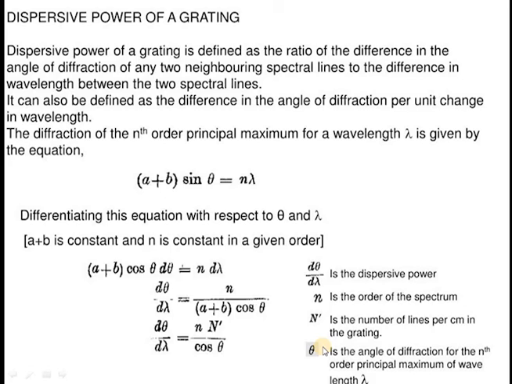Okay, so we have discussed the resolving power and dispersive power of a grating. We have discussed the grating equation and how you determine the wavelength of light using a grating. So hope you have understood diffraction, Fraunhofer diffraction at a single slit, the plane transmission grating, the grating equation, resolving power and dispersive power of a grating. This is the conclusion of your chapter on diffraction, and I'll give you some problems.